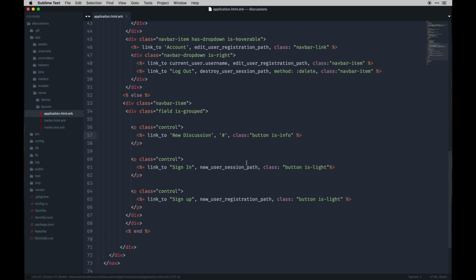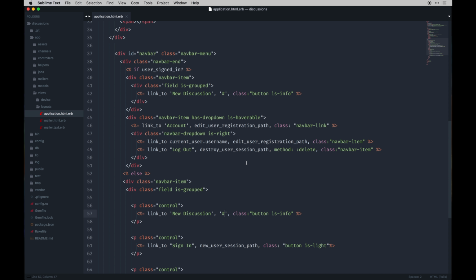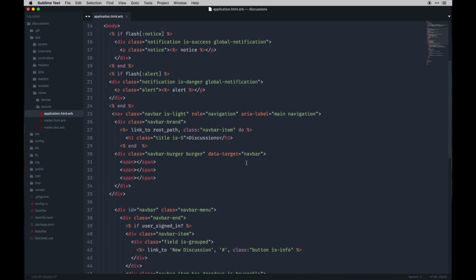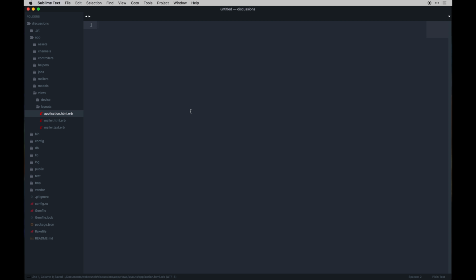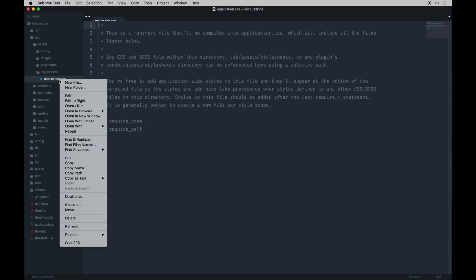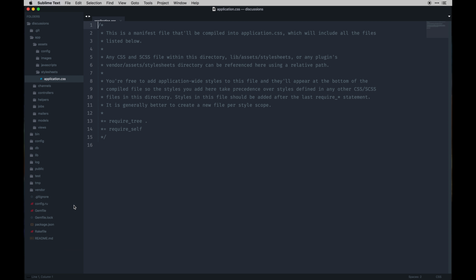Anything that's user is fine. We generated the Devise stuff. We still need to add the username field to Devise, so let's go ahead and do that. But first, I'm just going to get this set up. While I'm at it, since I just talked about Bulma, I'll add that to our style sheets. I'm going to change this file to SCSS, in assets, style sheets, application, and just add import Bulma